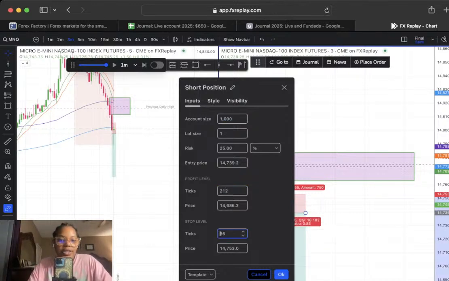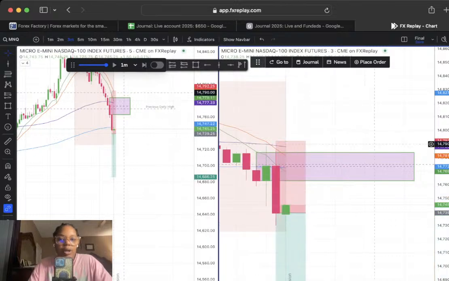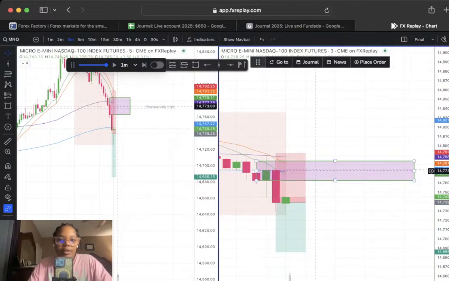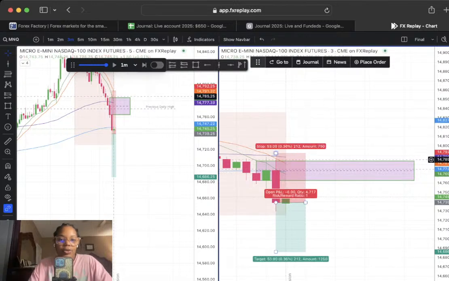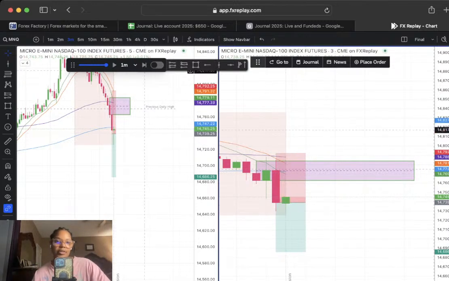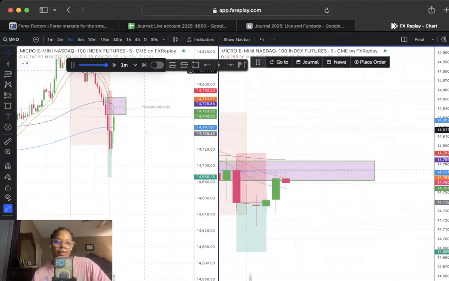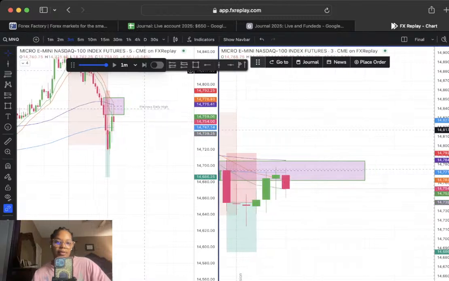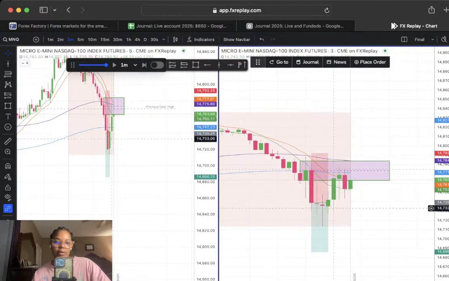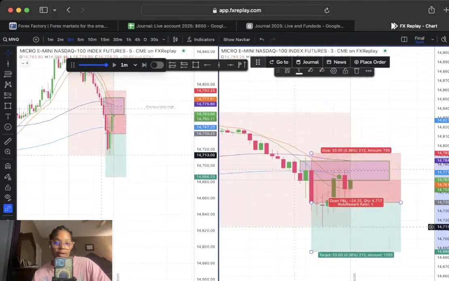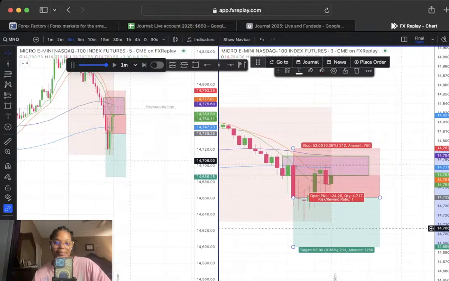But usually if it's something like this, I either go on the 1-minute or I wait for it to come into here. But the EMAs are holding it a little bit above. So let's just see. Okay, we're back at the gap. I mean, at the order block. Like I said, there was no gap, so there's an order block.